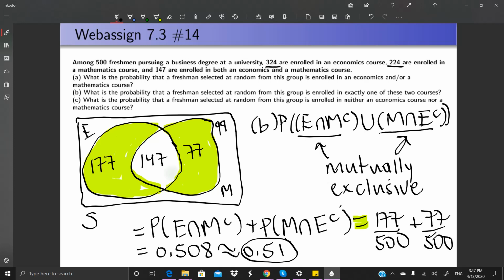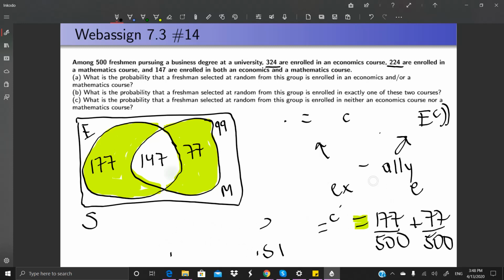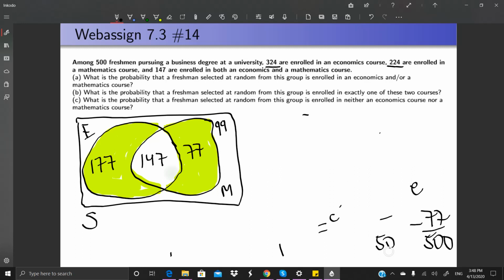Okay, and then our very last question. So what is the probability that a freshman selected at random from this group is enrolled in neither econ nor math, right? So let's talk about what that means in terms of sets, and then we'll talk about the Venn diagram, of course. Okay, so part C